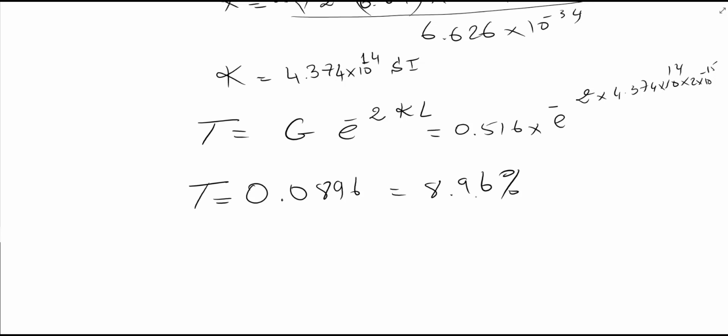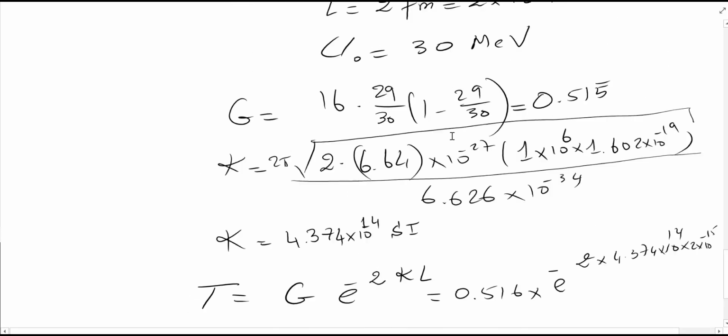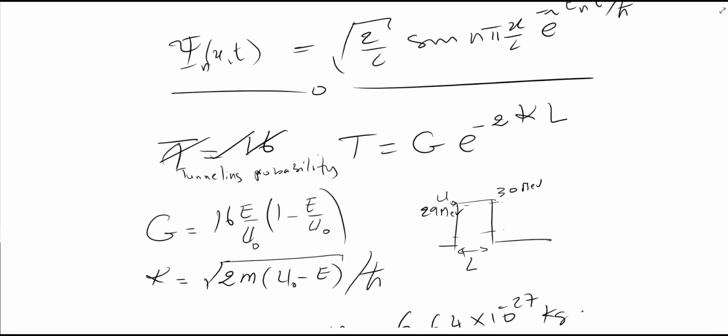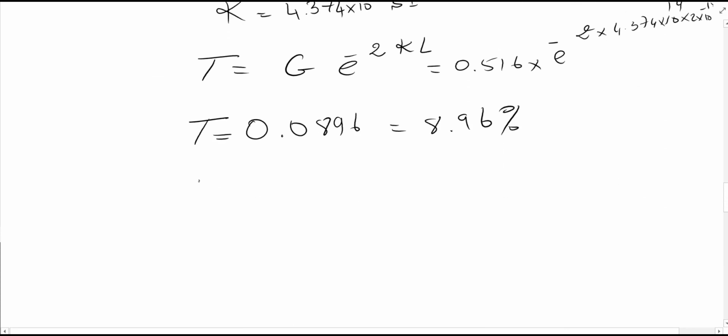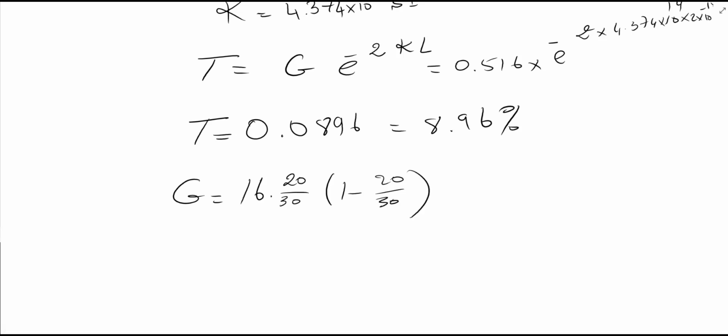part B, what is the tunneling probability if the energy of the alpha particle is 10 meg below the top of the barrier. Now it's not 1 meg below, it's 10 meg below, so basically it's 20 mega electron volt. So obviously the probability should be less now. By how much? So I'm going to recalculate G again. G now is going to be equal again to 16 times the energy, which is 20 now, over 30 times 1 minus 20 over 30. So G now is going to be equal to